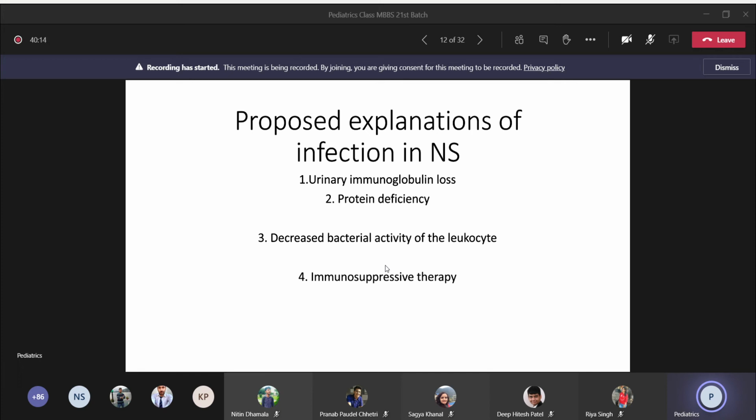So in case of nephrotic syndrome, you can get any type of infection from head to toe. The patient may have meningitis, pyoderma, chest infections. You might know that a patient with nephrotic syndrome can suffer from pneumonia, there can be a flaring of tuberculosis also, and the patient will have peritonitis and UTI. So any type of infection can occur in case of nephrotic syndrome.